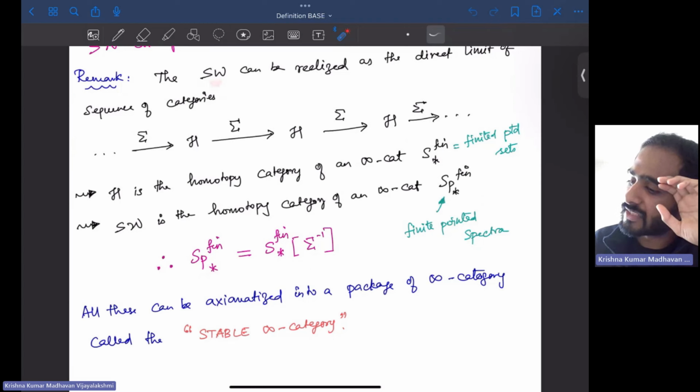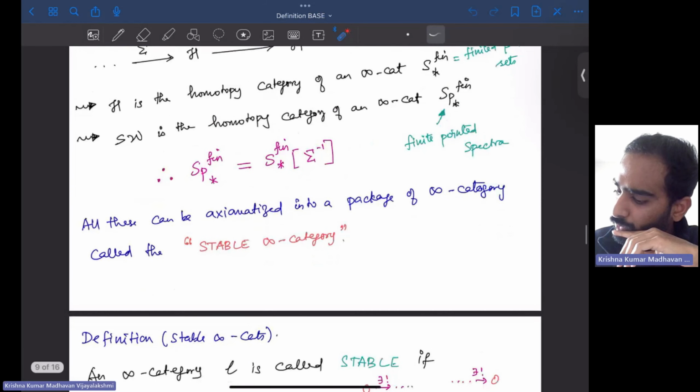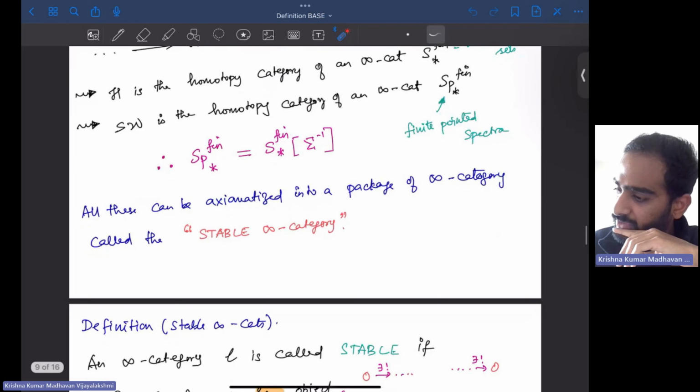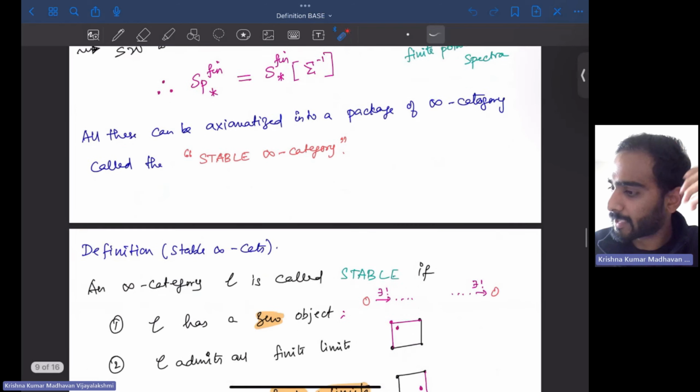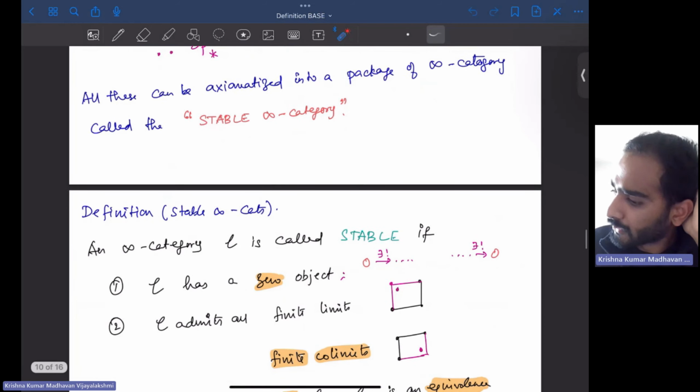So the Spanier-Whitehead category can be realized as this limit of these functors here, given these maps between these homotopy classes given by this map. So by formally inverting this, we get this category of finite spectra, and we'll see in a bit how to change this into an object that we actually wanted to study, right? So